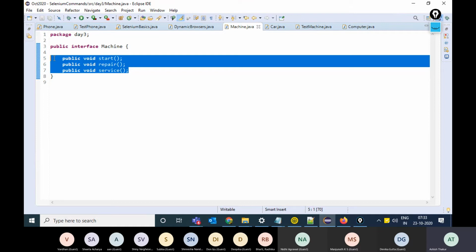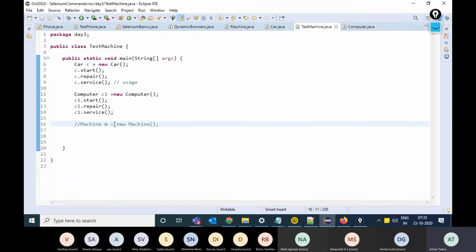It's an interface. It just has the function declarations, you don't have any body. So it doesn't make sense to create an object of an interface. But yes, you can create an object reference. See, on the left hand side, I'm not getting any error, but on the right hand side, I'm getting an error.